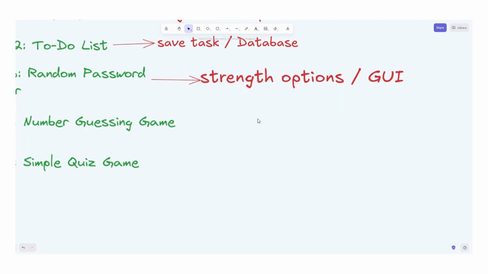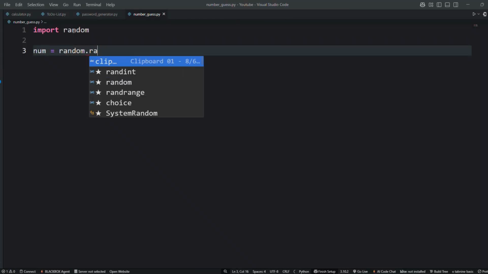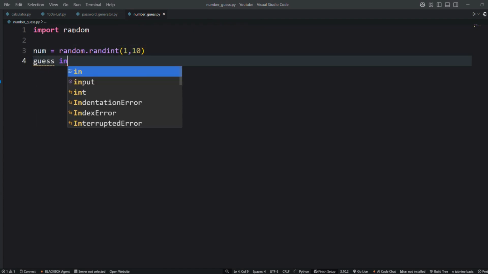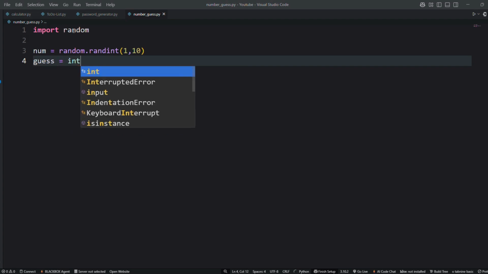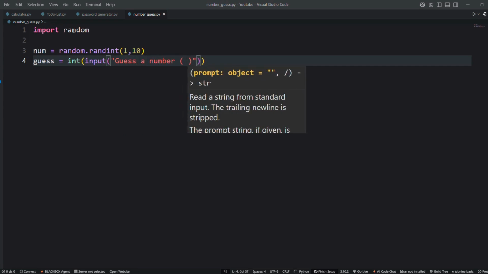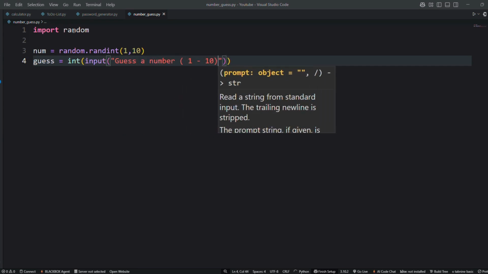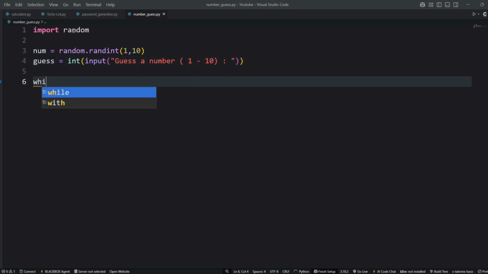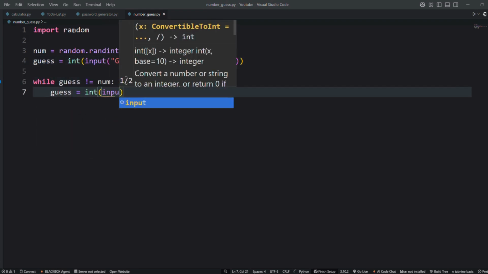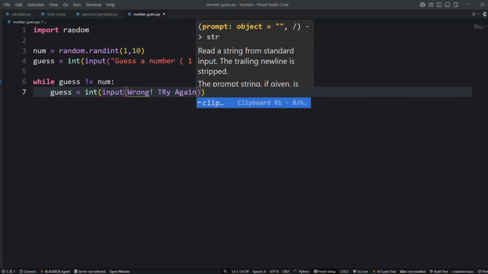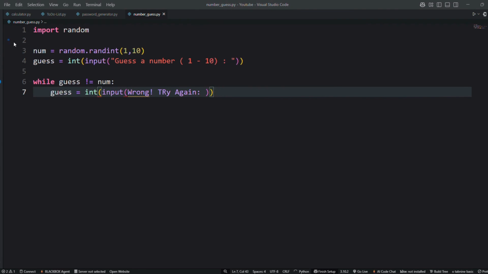Now let's do a fun one, a number guessing game. We generate a random number between 1 to 10 using randint.